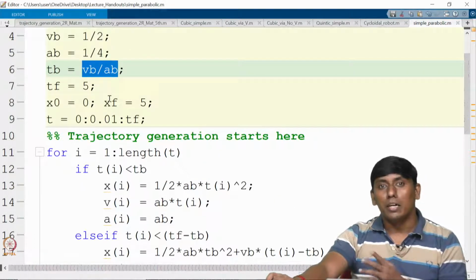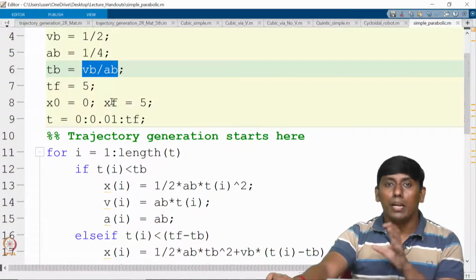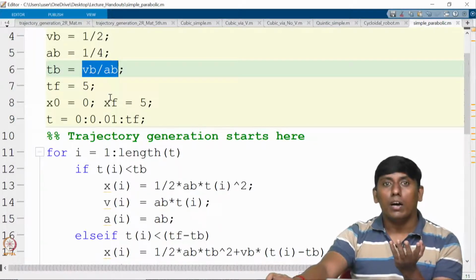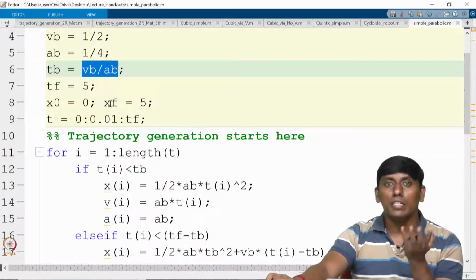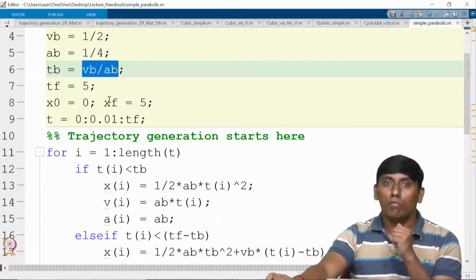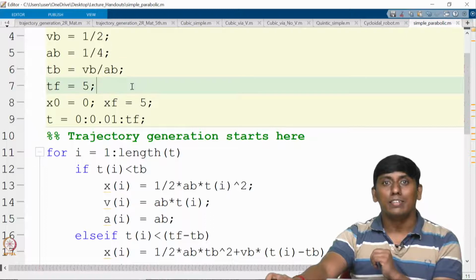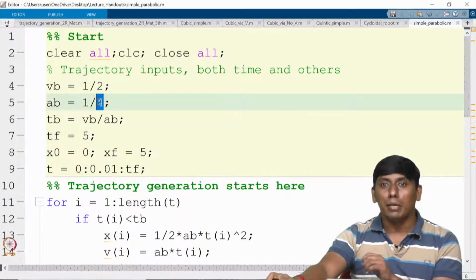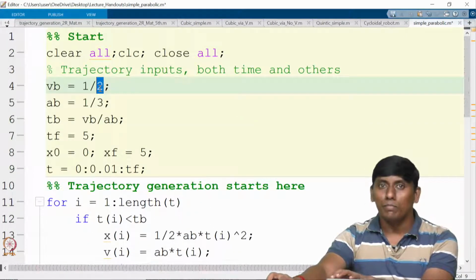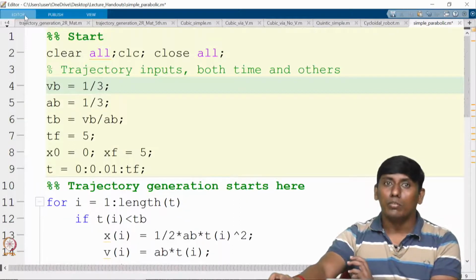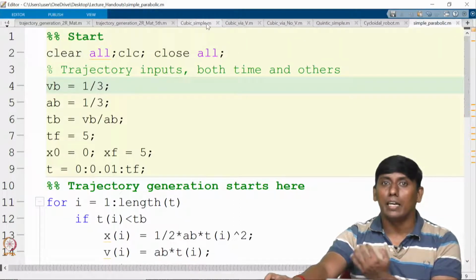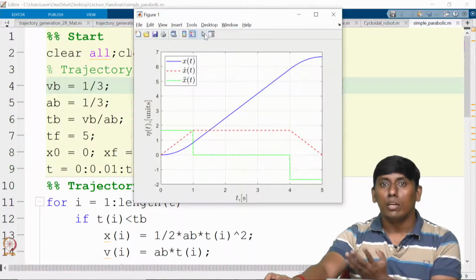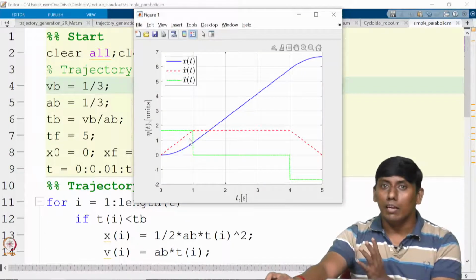That's why I said this parabolic blend is very difficult to make, because you have 4 equations and 3 unknowns, which is very difficult to fulfill. That's the consideration. Now if I make it the other way around, I modify this with a slight change. Now you can see that this is still 1, but the velocity and acceleration are modified.